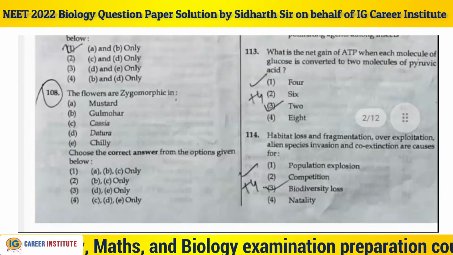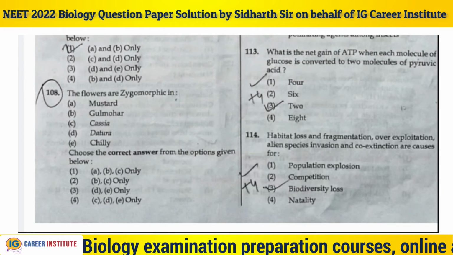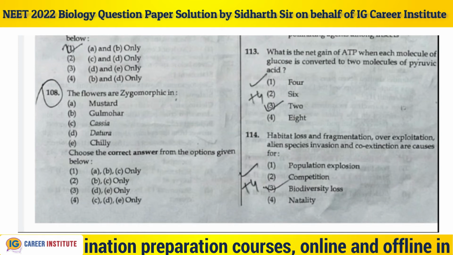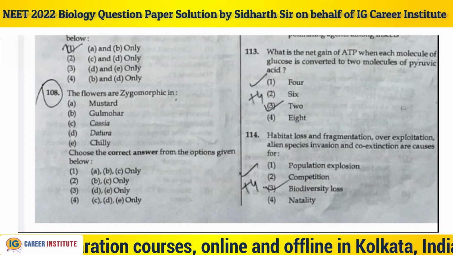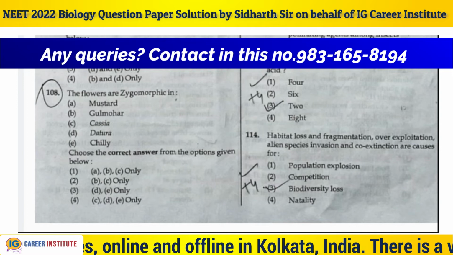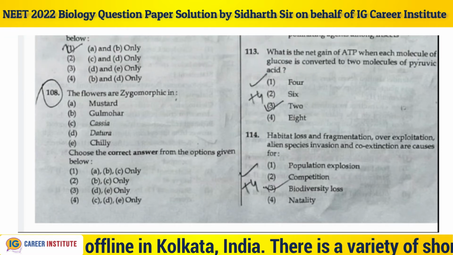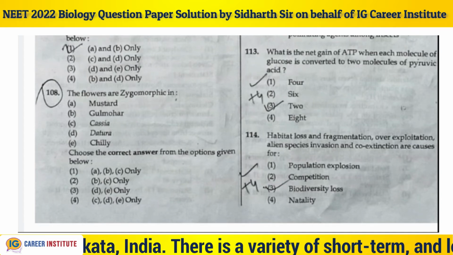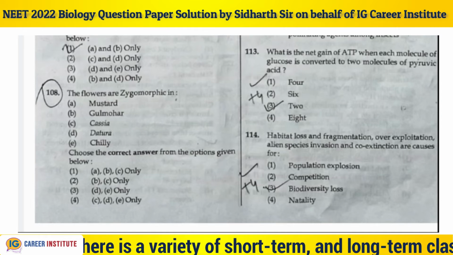Question number 108. All the options are given in NCERT. And suppose if some options are not given directly in the options for zygomorphic flower, if you read the plant family given at the end of the chapters of morphology properly, and if you know which plant family is zygomorphic and actinomorphic, and it's a pattern, there is a pattern how to know that, and if you know all the examples of those plants, you can easily solve this paper. So let's see, the answer will be